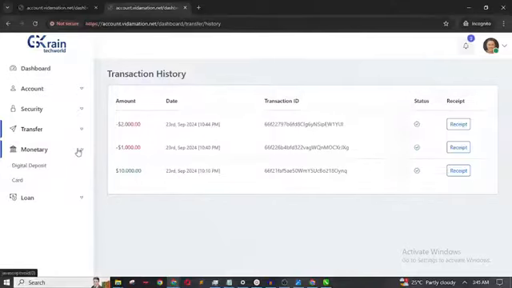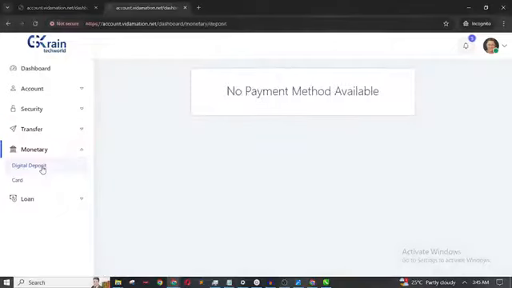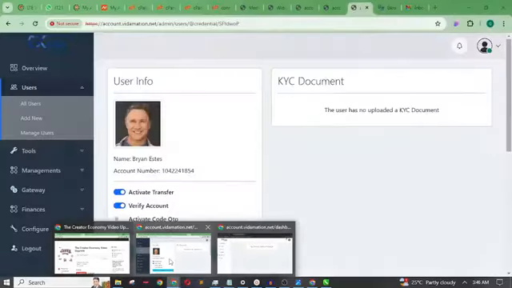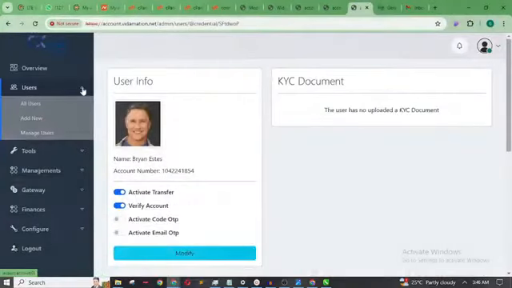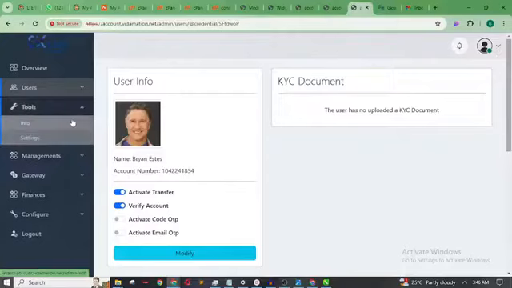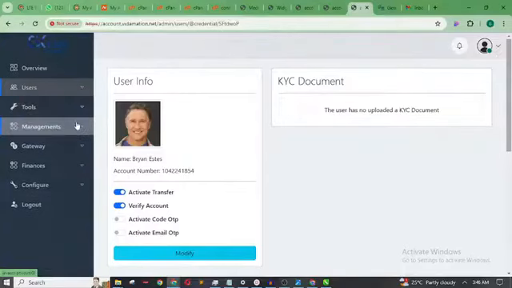So now let's go to digital deposit. So now for us to be able to make use of digital deposit, I remember I told you this is where we can actually make use of cryptocurrency on this website. So now let's go back to our admin. So now we have worked on all users, admin user, manage users. We have also worked on settings. Then let's go to